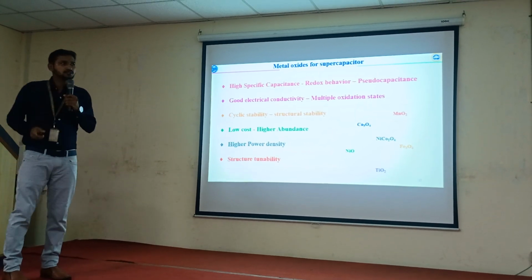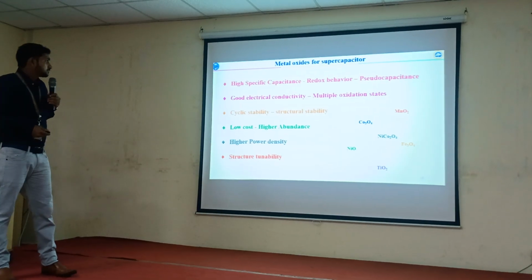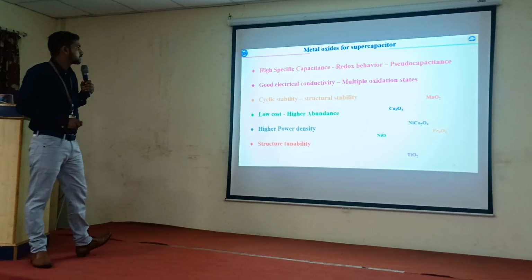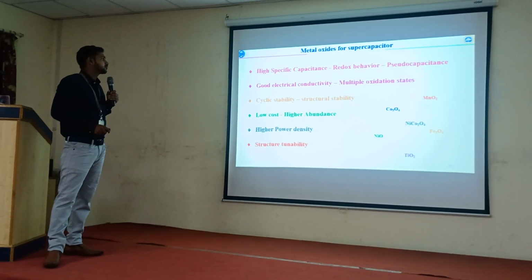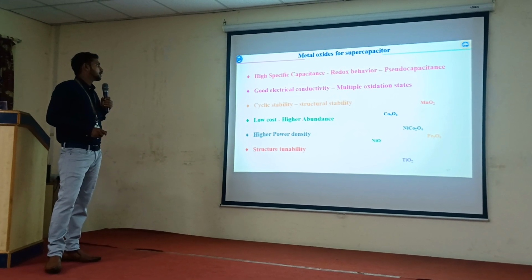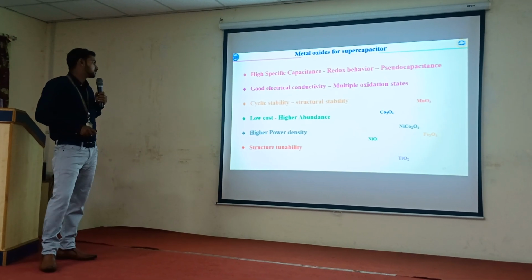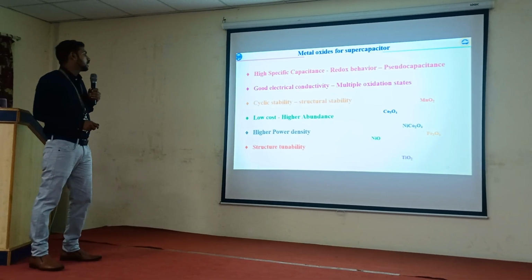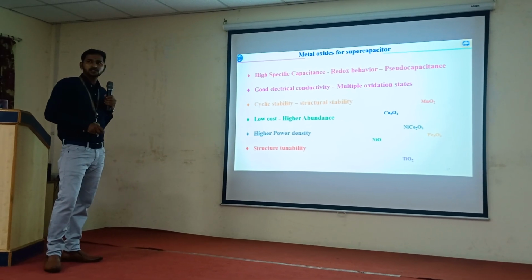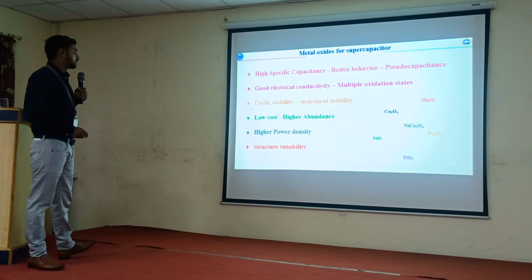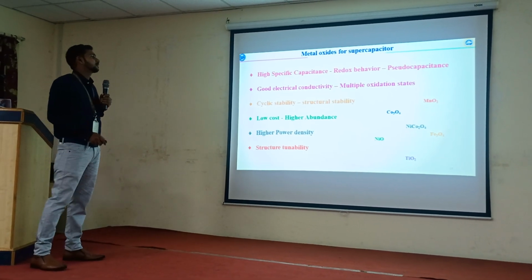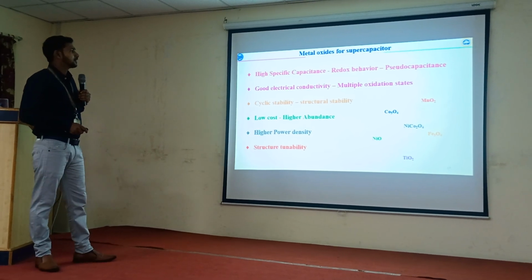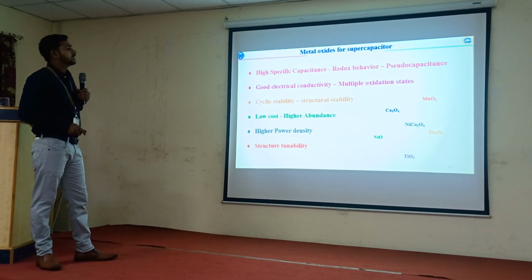Metal oxides for supercapacitor application. Generally, metal oxide is mostly used as an electrode in supercapacitors because it has a high specific capacitance due to its redox behavior, good electrical conductivity due to the existence of multiple oxidation states, very good cyclic stability due to its structural stability, low cost due to higher abundance in nature, and it offers higher power density and structural tunability. Some commonly used metal oxides as electrodes in supercapacitors are manganese dioxide, cobalt oxide, nickel cobaltate, Fe3O4,